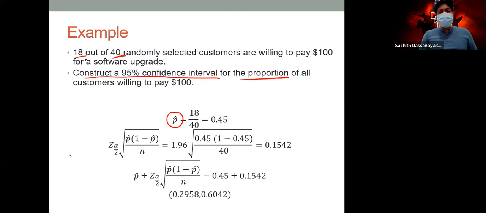You can easily calculate the sample proportion: 18 out of 40, it is this much. Now check what n is. Here n is 40. So as I mentioned, if n is 40 or greater than 40, you can approximate